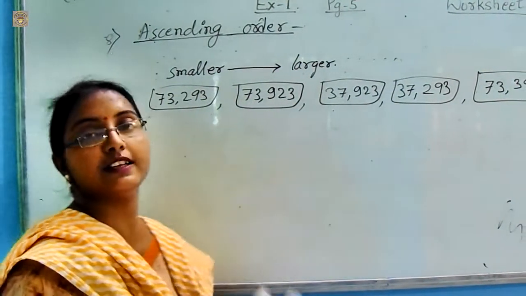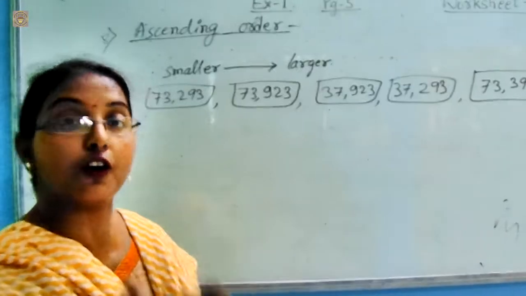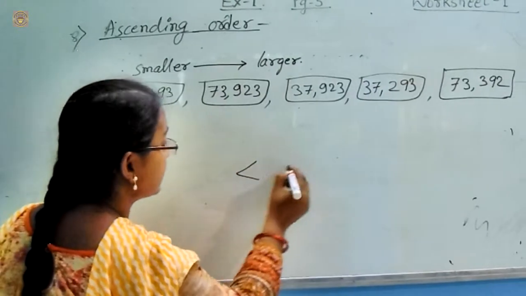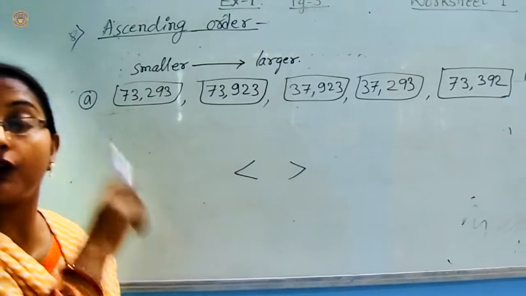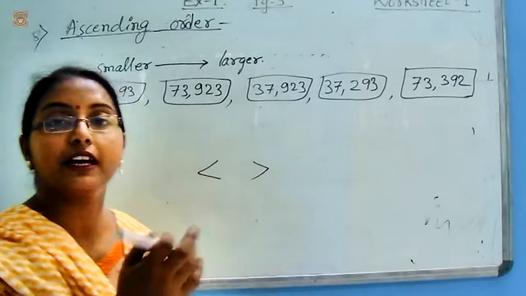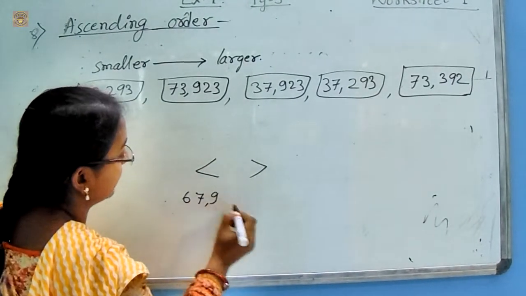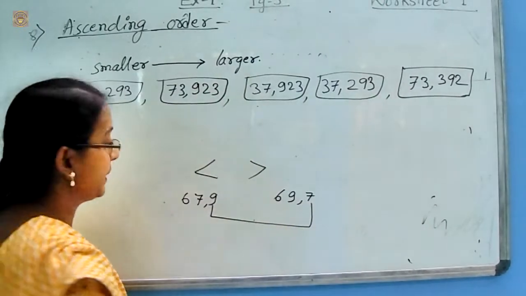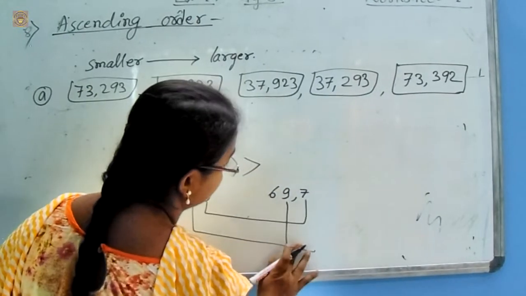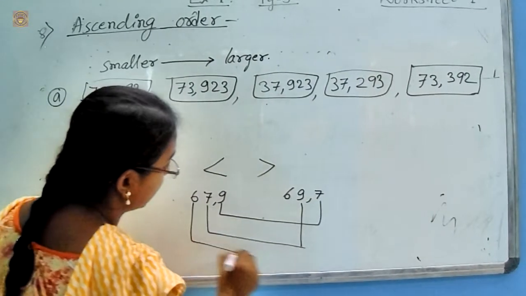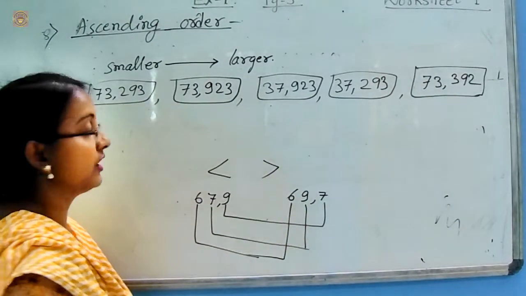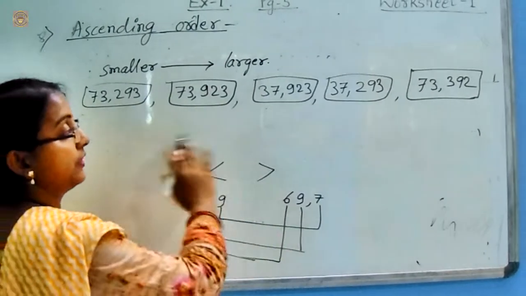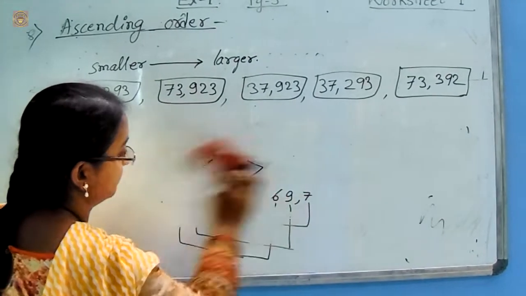So, in this sum, you have to recall your memory that I have taught earlier the sign sequence less than or greater than. That means we will compare in earlier sums in this manner: the 1's place is compared, the 10's place is compared, and the last one, the 100's place, is compared. In this manner, if we compare the numbers at the place value, we will get the answer.